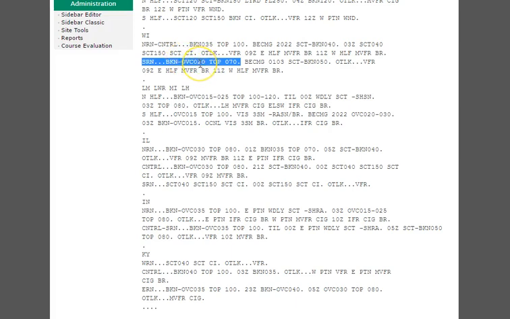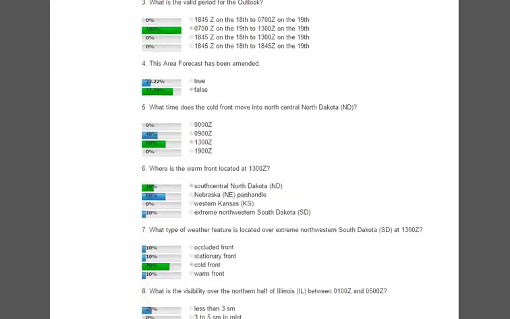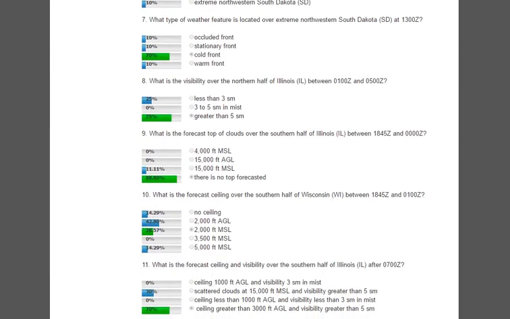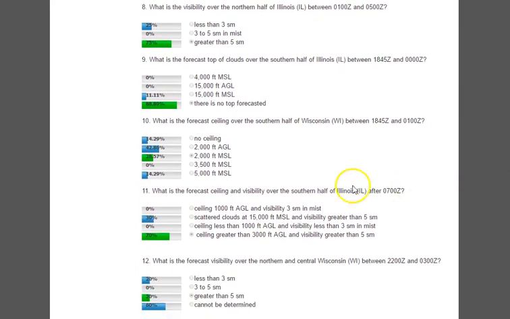Now remember, all altitudes are MSL unless you see the letters CIG ahead of that. So here they're saying it's broken at 2,000 feet MSL. Broken overcast 2,000 feet MSL. That's the correct answer for that one over the southern half of Wisconsin, 2,000 MSL. Number 11,